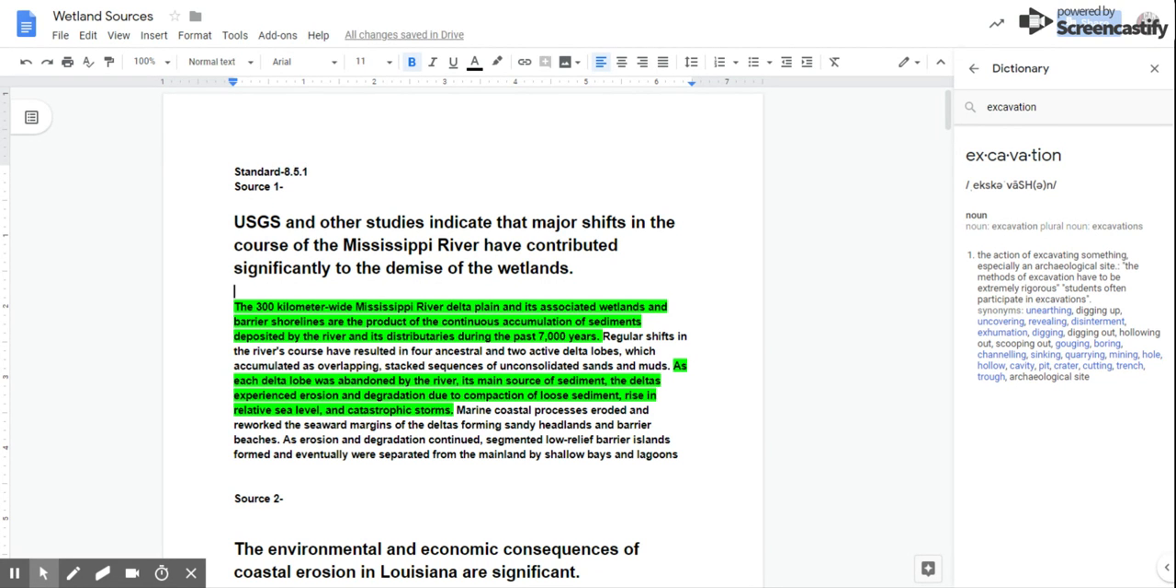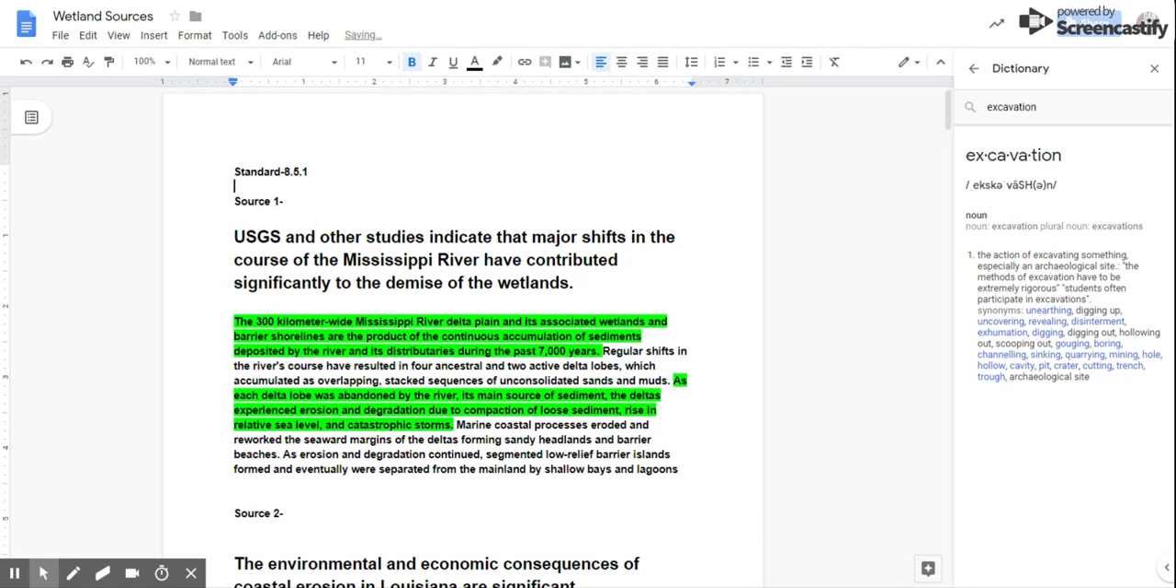Here we go. Source one is some sources we've looked at before, wetland sources. We're going to look at some of the causes of coastal erosion. Once again, I'm just going to touch on erosion really quick. Erosion is